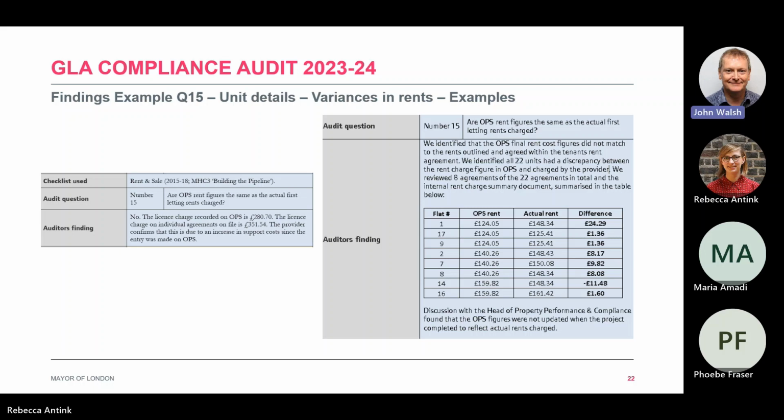As I've mentioned already, that percentage variance is critical when we assess the overall position on this particular finding, and it will influence the breach severity rating that we ultimately decide to award to this item. So it is important for auditors and providers to be as clear as possible when presenting the information to us. If we go to the next example,